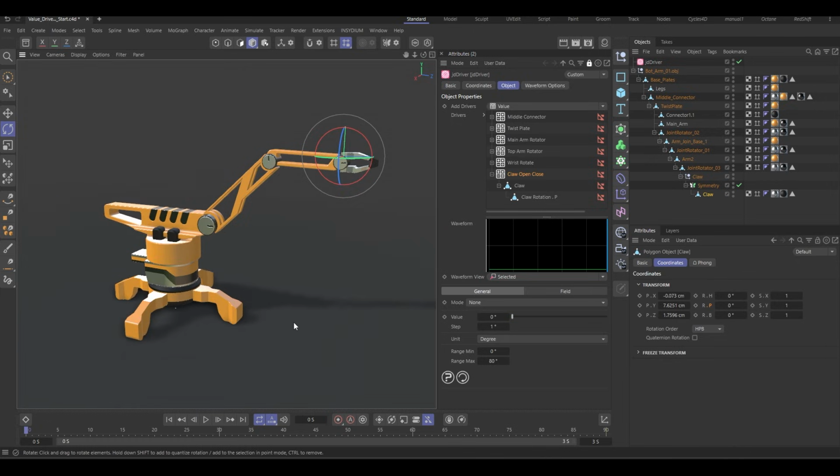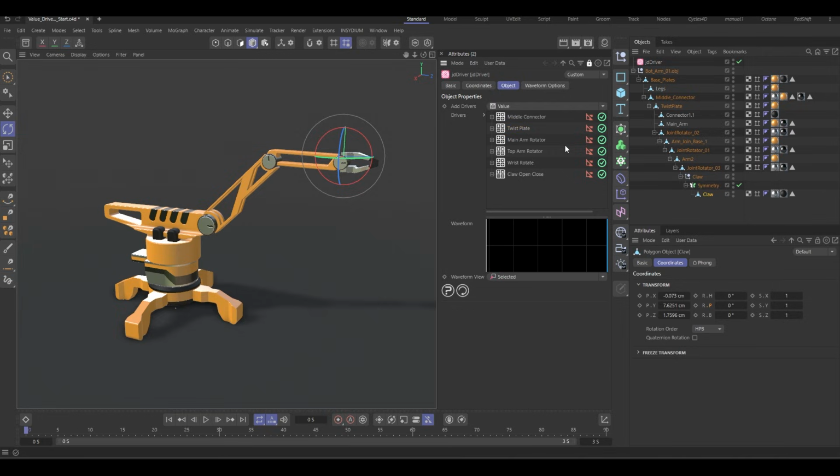Okay, cool. So now we've got all of these set up. What we don't want is to be having to go through all of these to find this one slider. So the solution for that is to use one of the utilities, and we're going to use the merge utility. So if we get the merge, and all we need to do now with the merge is take all of these and put them as a child. So we'll do middle, twist, main, top, wrist, claw, close that, and then